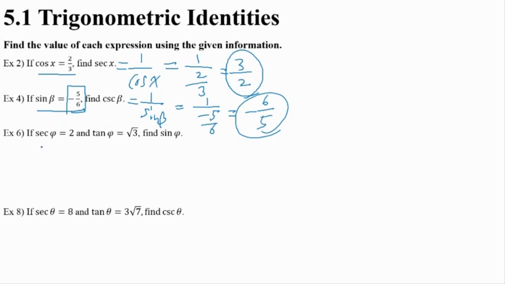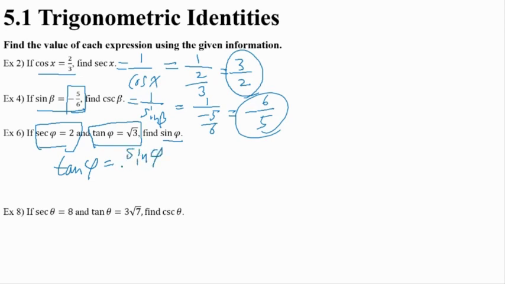Alright, number 6 looks a little different. Secant pi is 2, tangent pi is square root 3, and we're looking for sine pi. We should understand the relationship between these. There are many ways you can approach it, but maybe try this way. Tangent pi equals sine pi